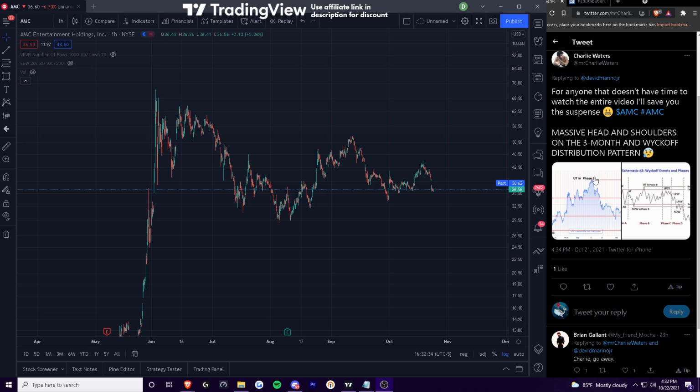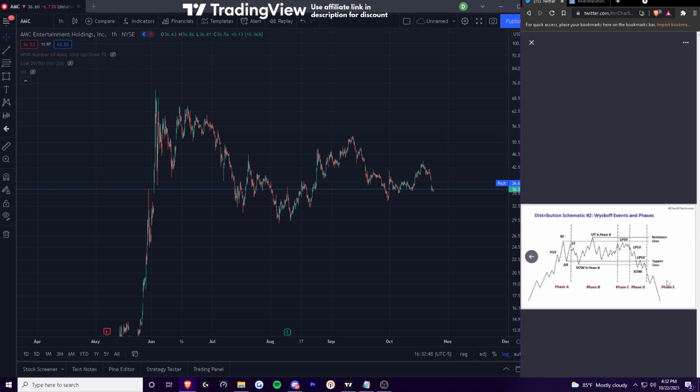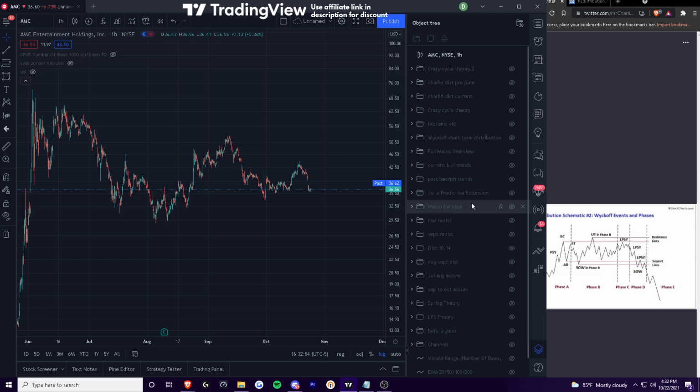And he shared this with me. He left Twitter for a little while, but he came back. He shared this with me. And what he's saying is that we are actually in a distribution schematic. Wyckoff distribution, and obviously we've been covering Wyckoff a lot on the channel, so I just wanted to break this down,